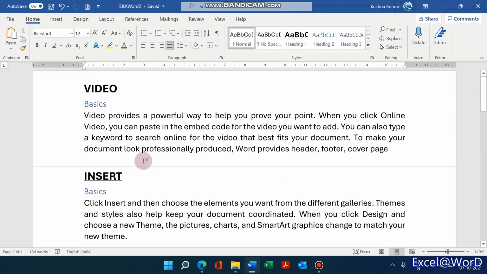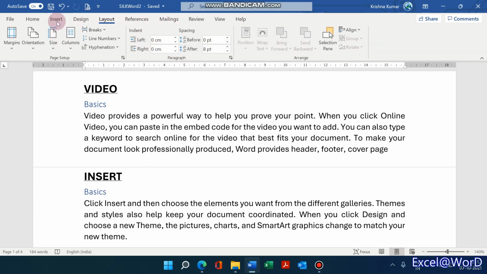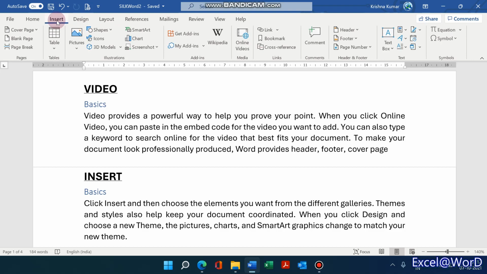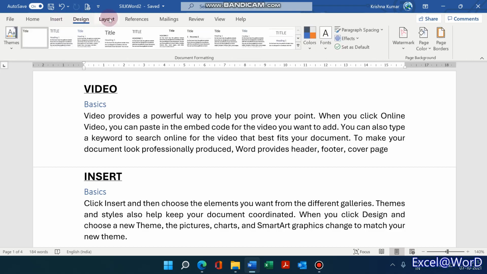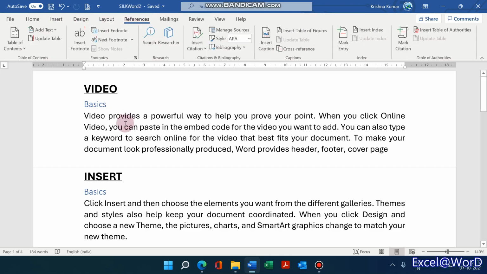And now there is a quick preview of what you can do here. If you go into the layout option, then the insert option, everything is referred here. Yeah, the references has got something called table of contents.